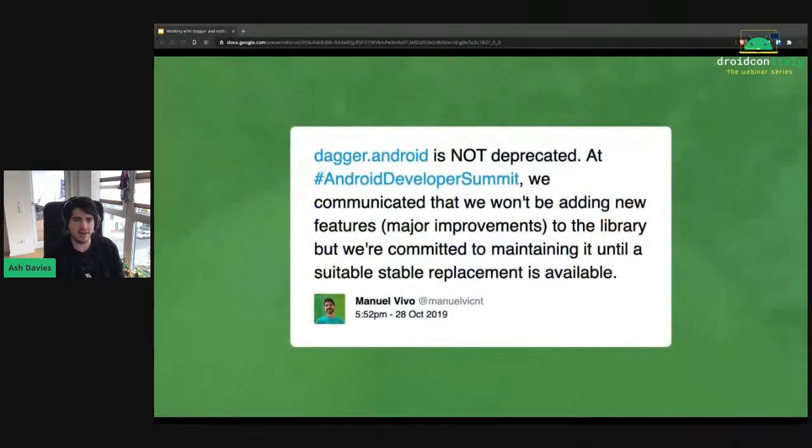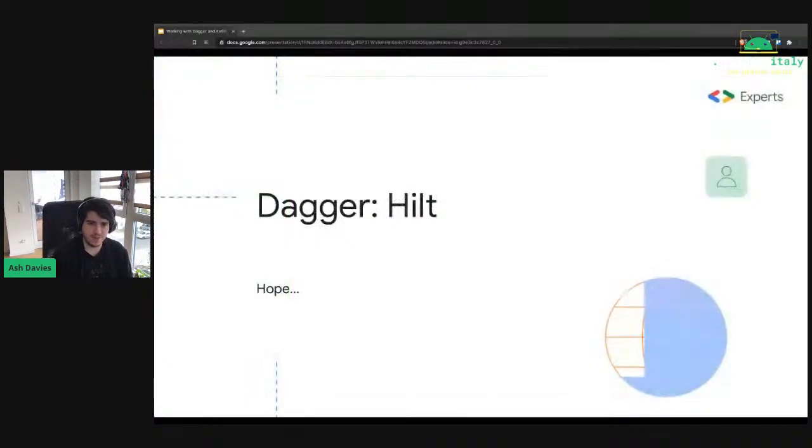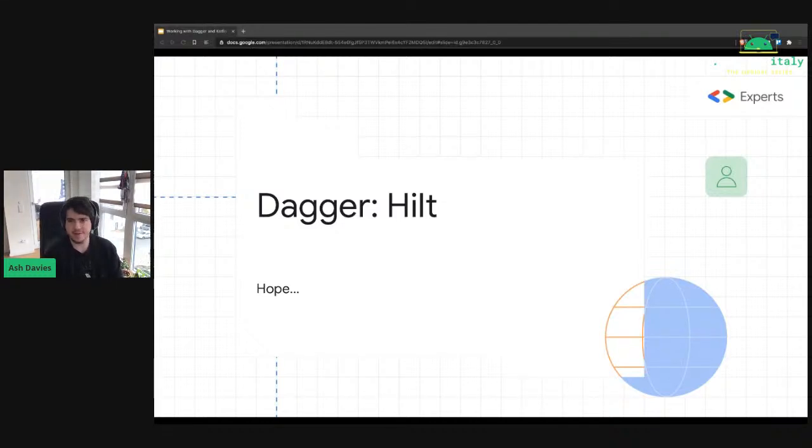This actually required clarification after this, that it's not deprecated. It's not deprecated as of yet, we just won't be adding new features. That is until, of course, we are presented with Dagger Hilt, A New Hope. Now, it's still in alpha, so maybe we can't use it in our production capacities, so maybe not yet. But I would definitely encourage you to try it out, maybe in a side project or somewhere where it's only internal facing. Some parts are hard to follow, but